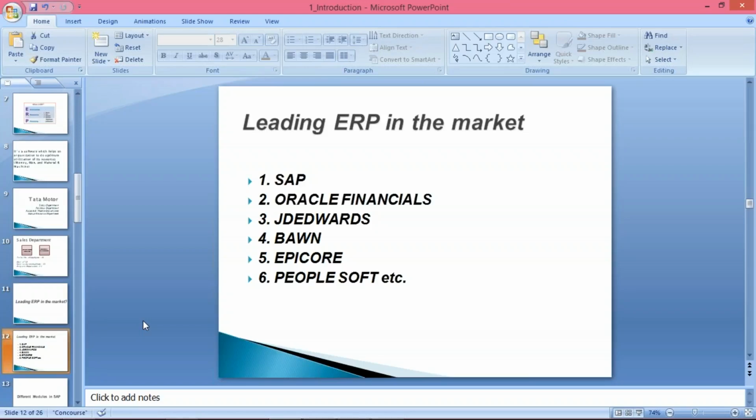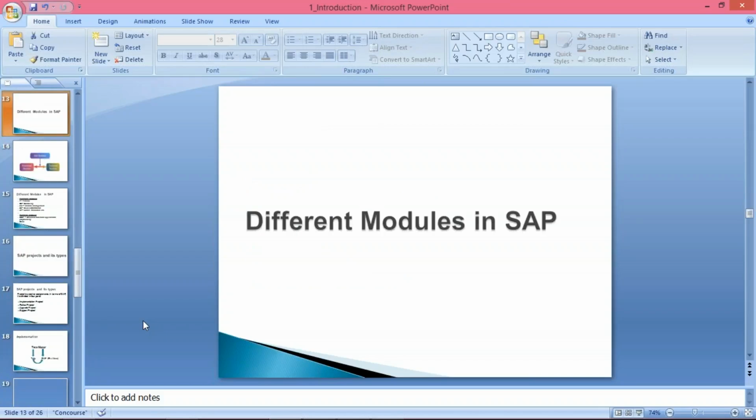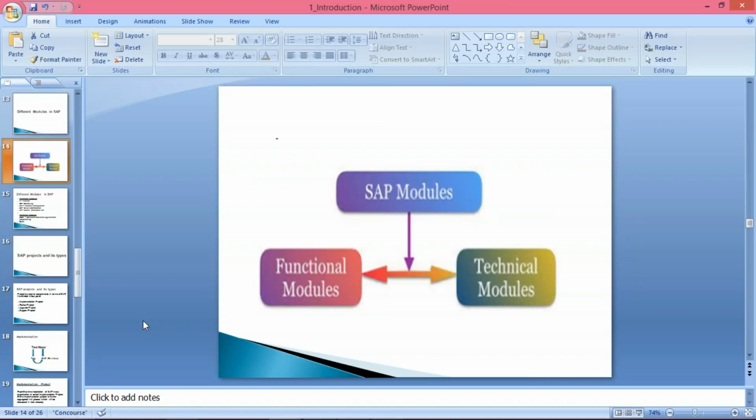So SAP has been segregated into different modules. Now, what are those modules in SAP, guys? What are the modules available in SAP? If you talk about modules in SAP, then at a broader level it is divided into two parts.